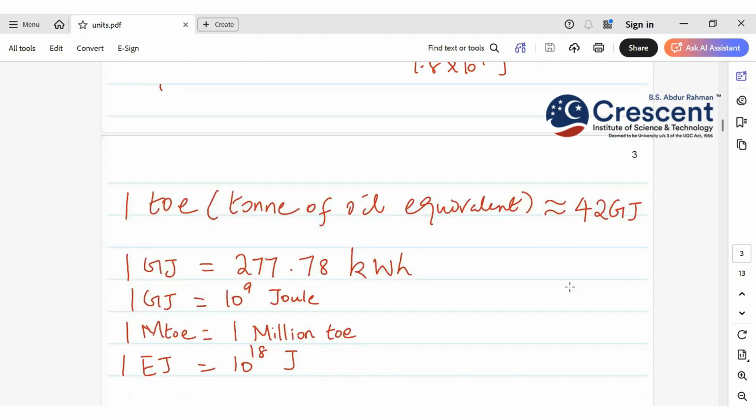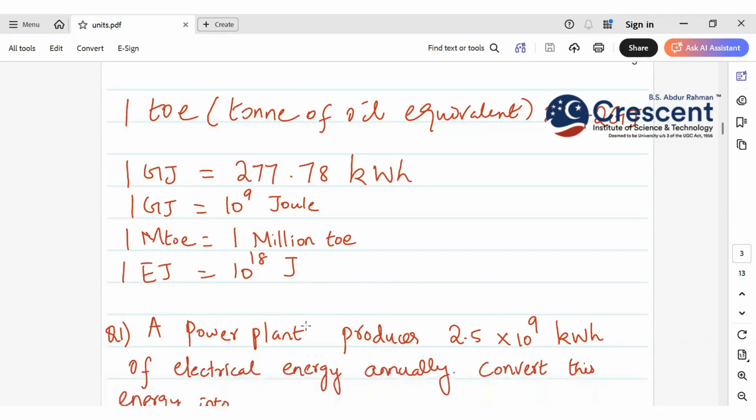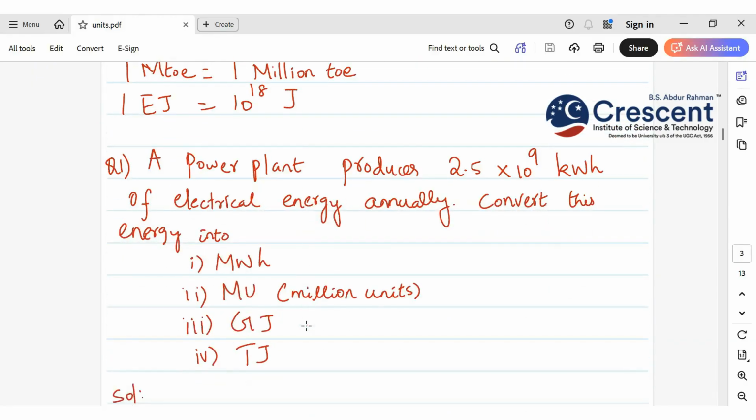Both are correct only. Now, as we know, 1 TOE, that is ton of oil equivalent, is approximately 42 gigajoules, and 1 gigajoule is 277.78 kilowatt hour. Also, 1 gigajoule is equivalent to 10 power 9 joules. So 1 million TOE is nothing but 1 MTOE. 1 exajoule is nothing but 10 power 18 joules. So now having this,